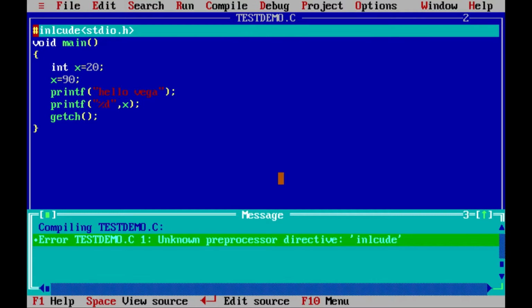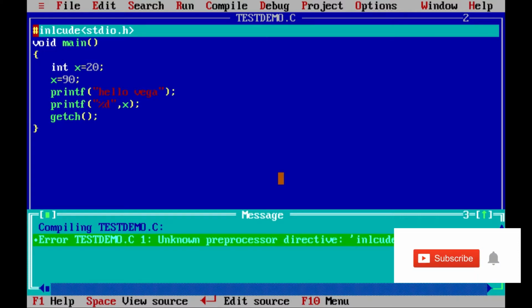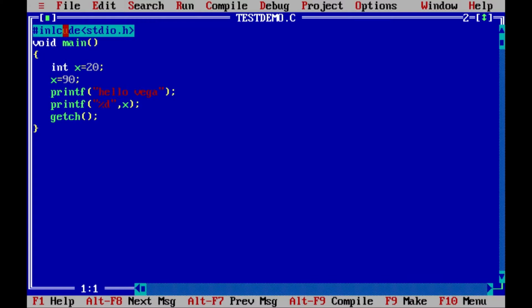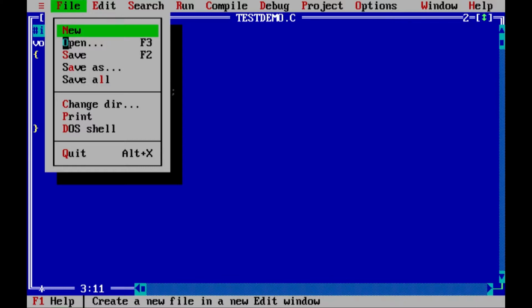Unknown preprocessor directive include. We have a spelling mistake here, so that is also a problem. So carefully we need to type each and every line. So again we need to go for save. If you modified anything, we need to go for save,